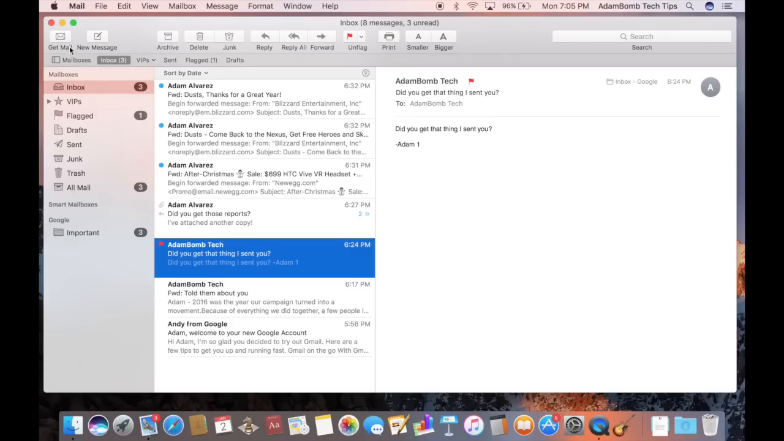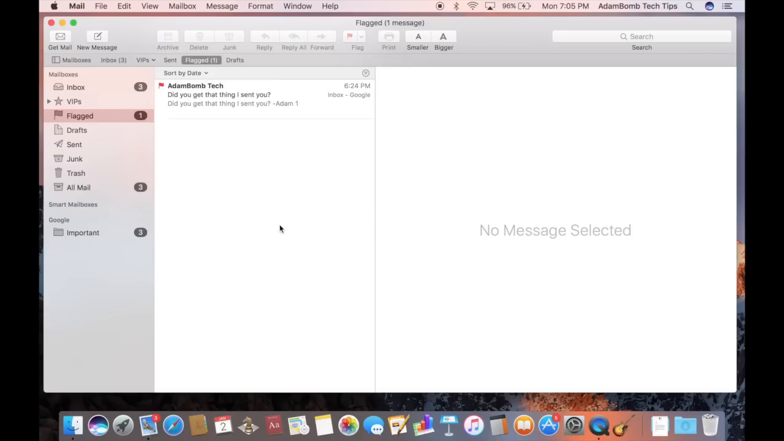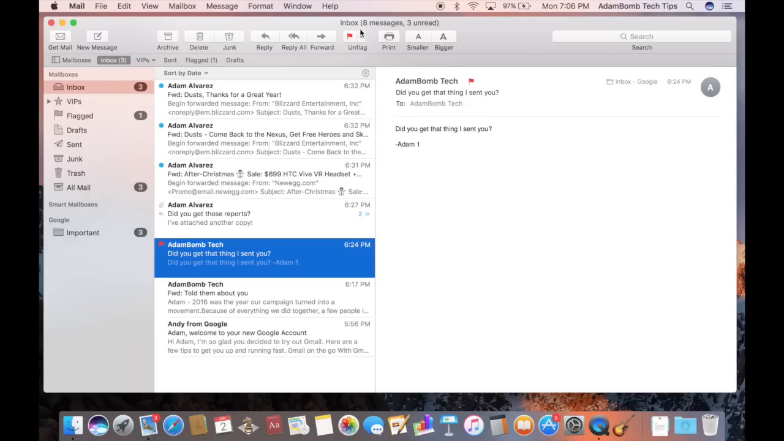And also a new mailbox appeared called Flagged, which will just show all of the emails that you've marked as flagged. Makes it very useful for coming back to emails that you need to revisit later on. Now, going back to inbox, we also have a few other buttons here,